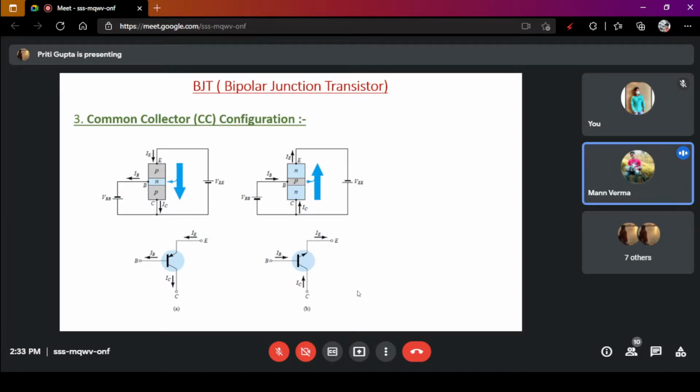Ma'am, after input resistance. Input resistance, very low input. Sorry, wait a minute. The common collector connection has a very high input resistance. In bracket, write down about 750 kilo ohm. Standard value, okay? About 750 kilo ohm and a very low output resistance. In bracket, write down 25 ohm.